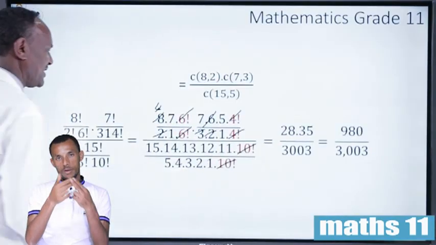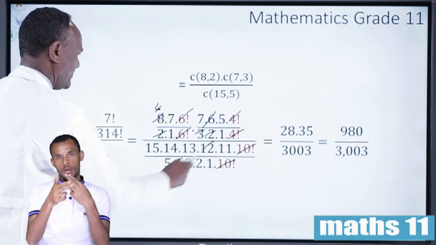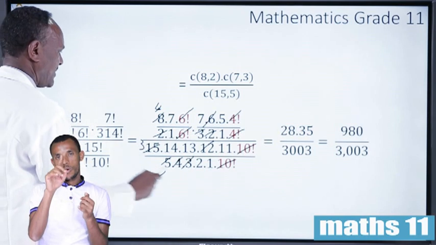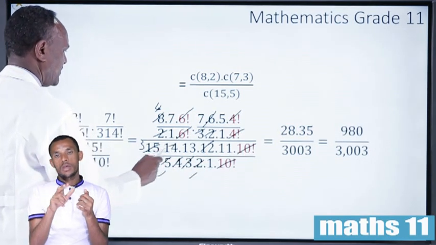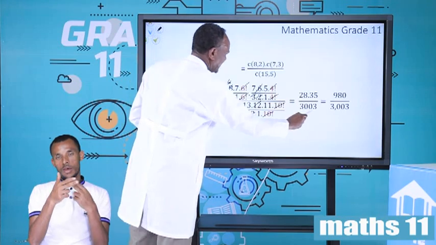10 factorial will be cancelled. You have 3 times 4 to be 12. By 5, you will have 1. By 5, you have 3. By 2, you will have 1. By 2, which was equal to 7. 3 times 7, 13 times 11, it gives